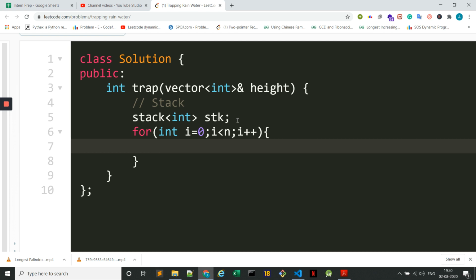If there is any element at the top of the stack, the element just below it will be its left bound, and the ith element, which is the element we are looping through, will act as the right bound. I will try to find all those top indices for which this ith element can act as an upper bound, compute the answer for all those, and then I will push the ith element into the stack.